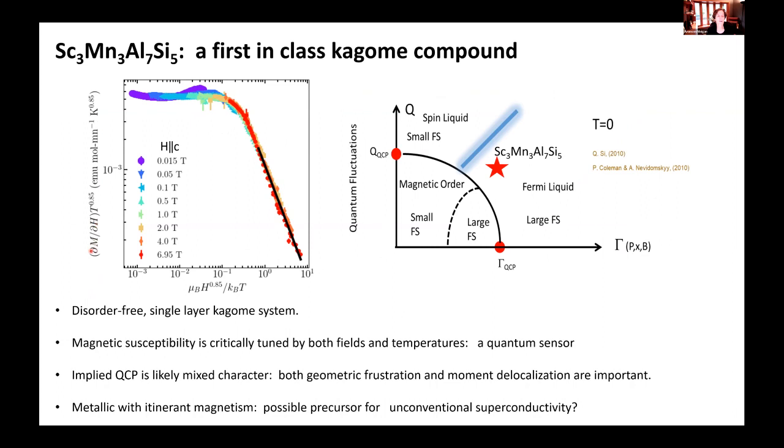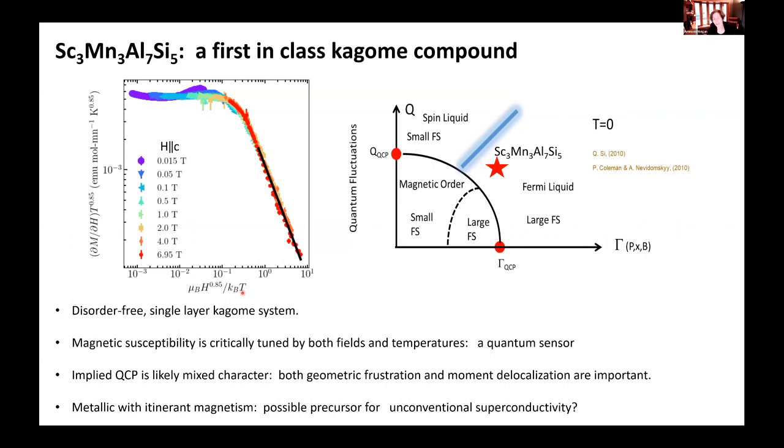I've plotted the derivative of the magnetization with respect to field. That's the susceptibility, and I multiplied it by a power of T to the 0.85, which is the same power that you saw in the zero field susceptibility. And I plot this not as a function of field, not as a function of temperature, but field to the 0.85 divided by temperature. And what you see is that for a wide range of temperatures and fields, the magnetization collapses onto this universal curve. It says it doesn't matter what field you choose, as long as you choose the right temperature to go with it. And if you do that, we can always predict what the magnetization is.